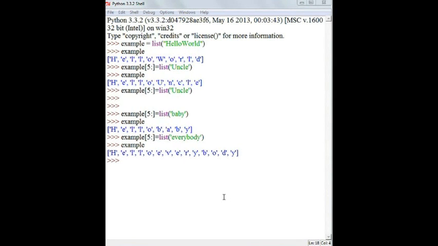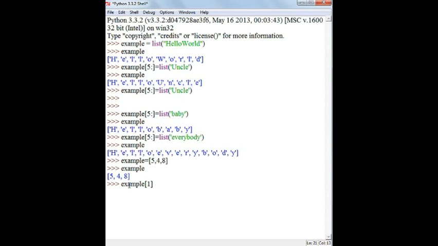Another thing I want to tell you is how to add elements in between your list. Okay, so let's create a new list. Say example equals 5, 4, 8. Okay, so this is your new list. So what if I want to add a number before 4? How can I do that? Type in the list name, then square braces. 4 is situated at index position 1.